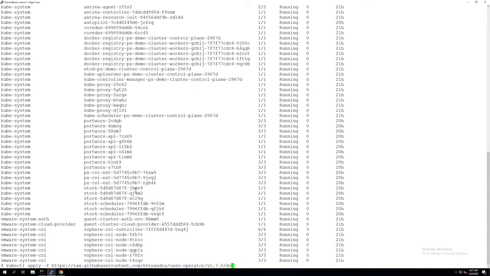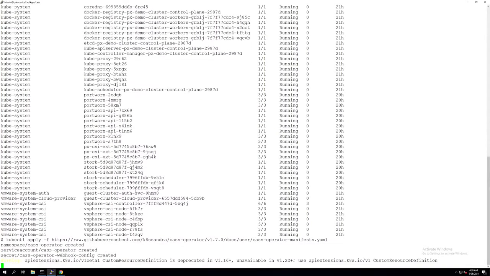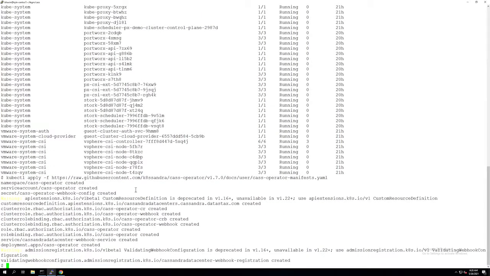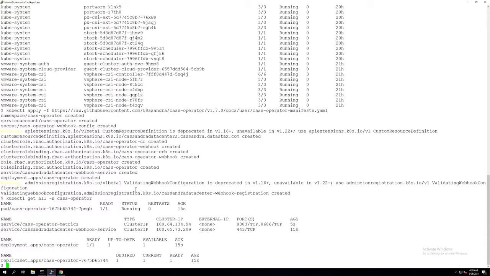We'll start the Cassandra deployment by deploying the Cassandra operator, which is part of the Cassandra GitHub project. So this basically deploys a new namespace, all the cluster roles and role bindings that are needed by the Cassandra operator, and it deploys pods using the deployment construct. If we do a get all on the new namespace, which is the Cass operator, you will see that it has one pod, a couple of services, a deployment, and a replica set created.